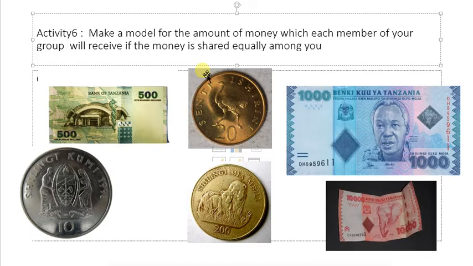Each person should make his or her own model for this amount of money, and then after you have made a model to represent the amount of money